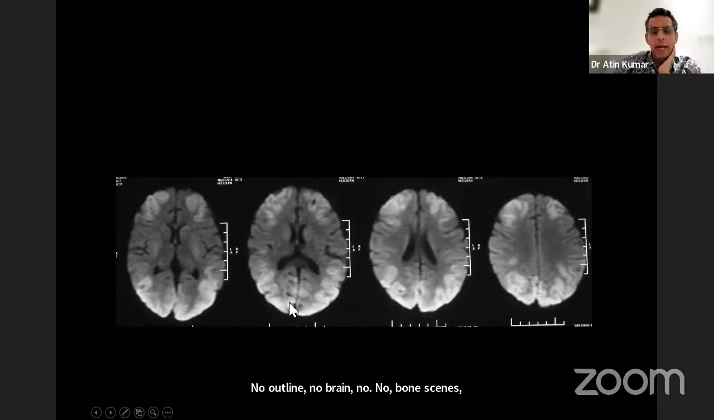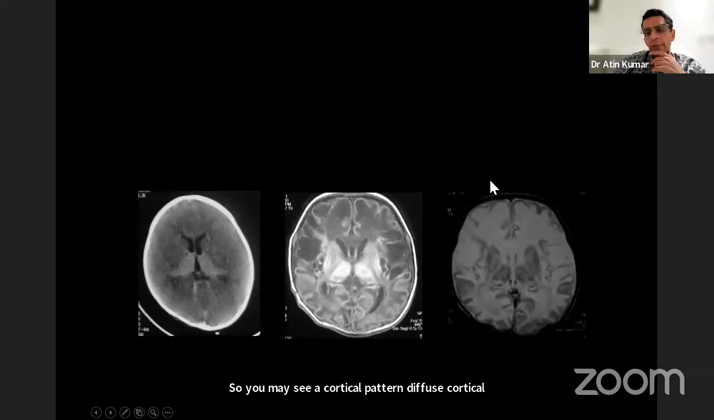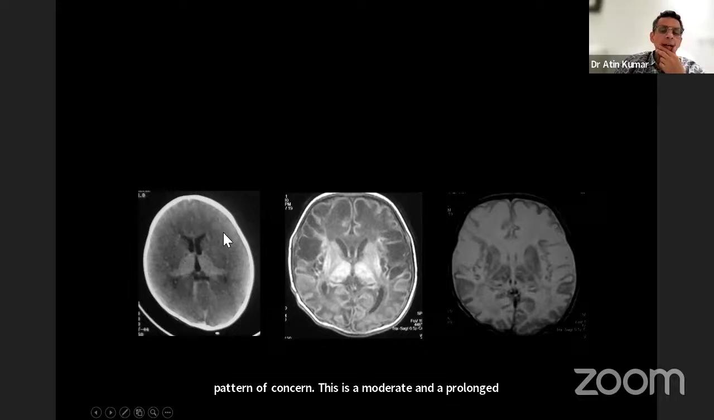But you see abnormal hyperintense signal in the gray matter, predominantly in the cortical gray matter, frontal lobes as well as the parietal lobes. This is a cortical pattern of an insult. So you may see a diffuse cortical pattern of insult. This is a moderate and prolonged insult. If there is severe prolonged insult, as we call it,